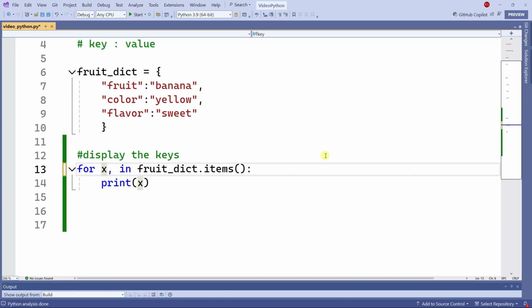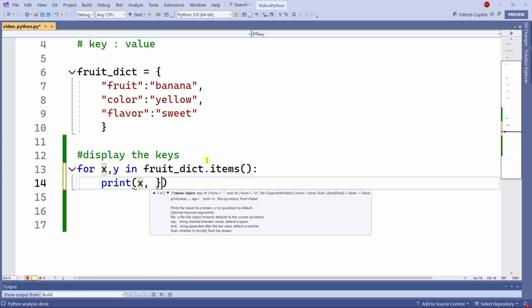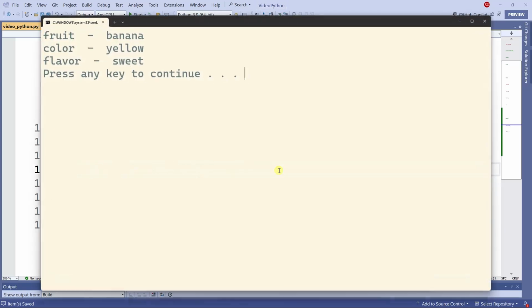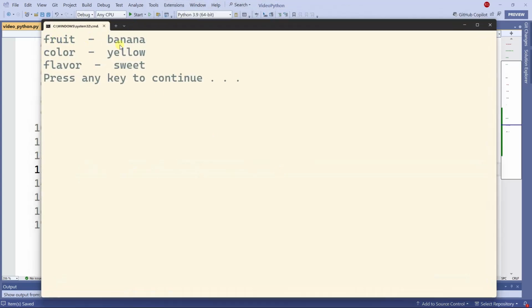But if you don't want to have it combined, if you want to have those separated, you can put X comma Y here, and then you can separate those, and then you're gonna have X and the Y, which is the key and value pair for every